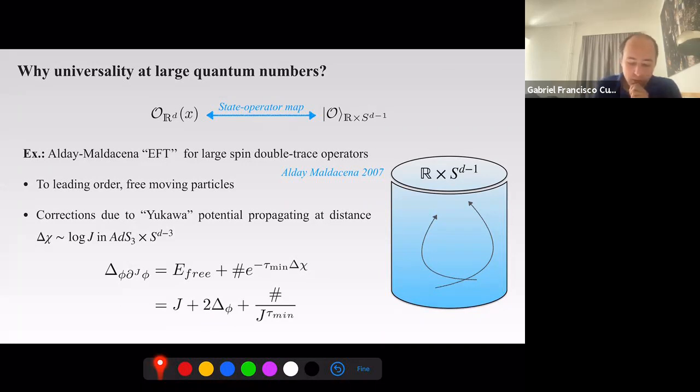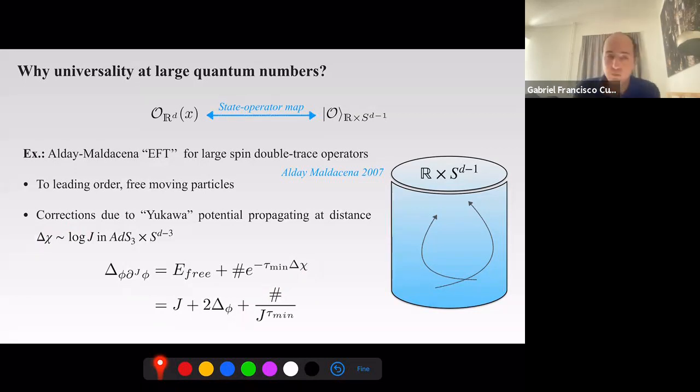To see this, it is better to go to a Weyl equivalent manifold, AdS3 times S^(d-3). There is a Weyl map between flat space and this manifold. In this manifold, the distance between the two particles turns out to be proportional to the logarithm of the spin, and the gap is given instead by the twist spectrum of the theory. Since every CFT in d greater than 2 has a twist gap, corrections will be due to Yukawa potentials, and go like e to the minus gap times the distance, which translates through this equation here into 1/j to the tau corrections. Remarkably, the Bootstrap computed this factor precisely,